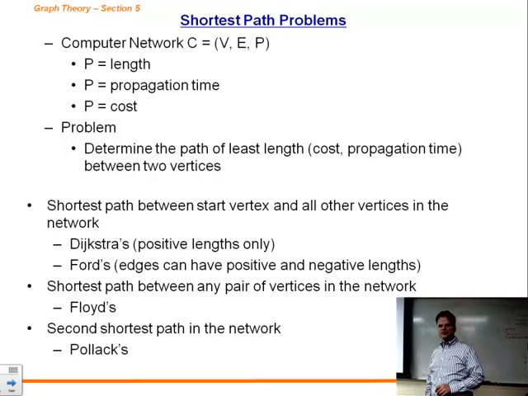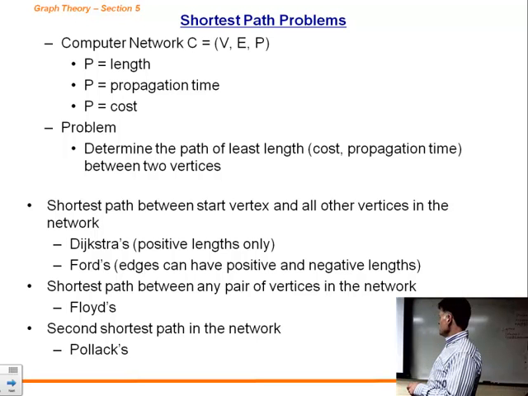So you get all the shortest paths at one time from a particular single source. These are sometimes called single source shortest path algorithms. And the two of them are Dijkstra's algorithm, which is the most commonly used. It assumes positive edge weights, so the edge weights can't be negative. And then Ford's algorithm, which